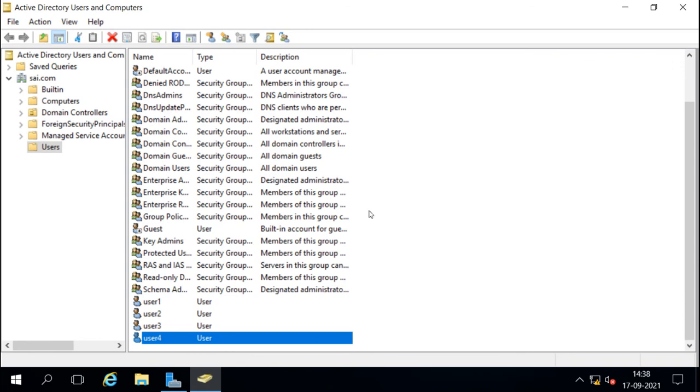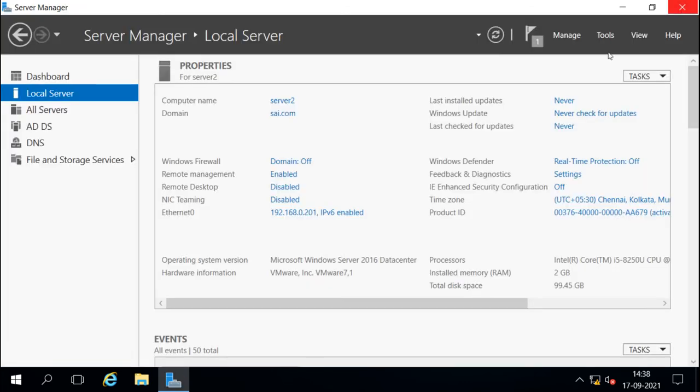So this is system state backup. We take system state backup for Active Directory, and if you are taking the backup of the domain controller, you should take the full backup. Full backup is recommended because not only Active Directory, we may have some other applications installed with it. So it is a recommended way to take a full backup of the server. And for restoring, we should always do the authoritative restore when we have multiple domain controllers. If we have a single domain controller, it's okay, we can do the non-authoritative restore also.